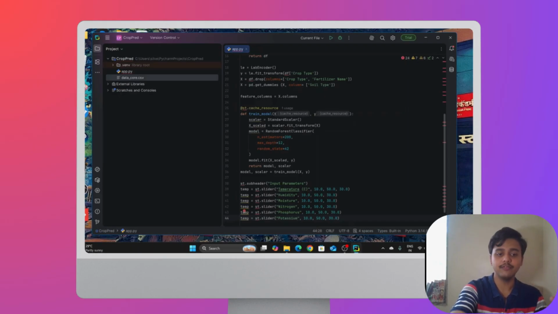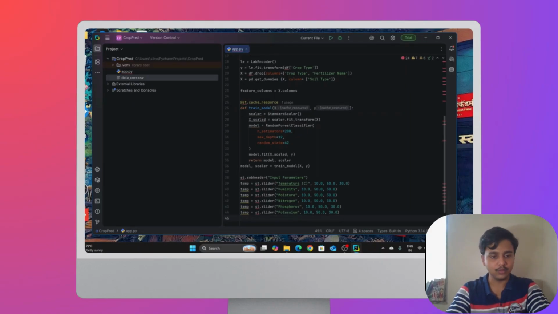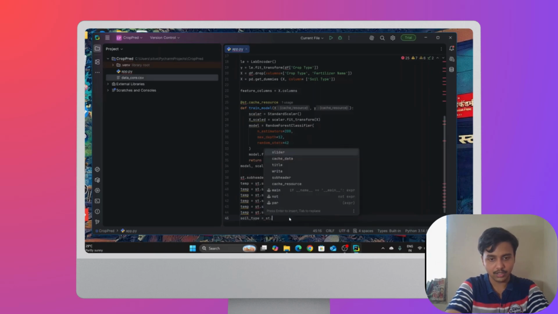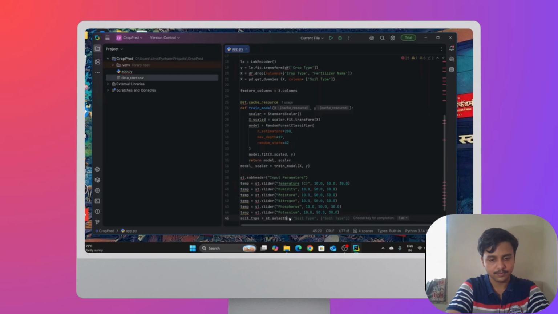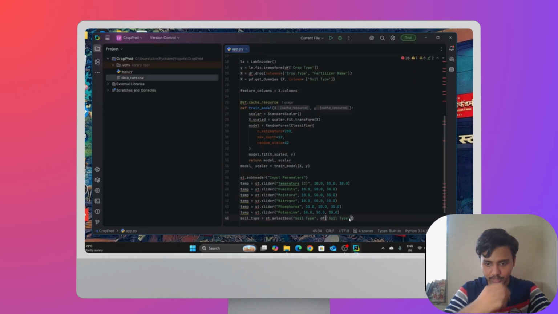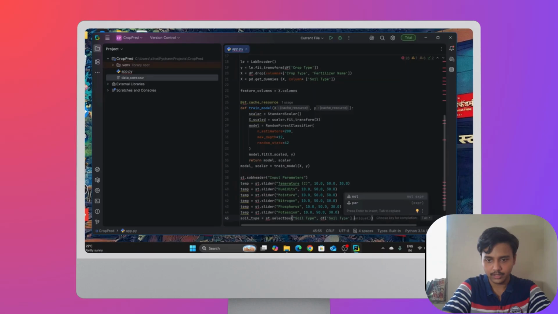Now for soil type, we are going to write it as a select box type. For that, I'll have to write soil_type equals st.selectbox, and in this I'm going to write soil type, comma df soil type dot unique.